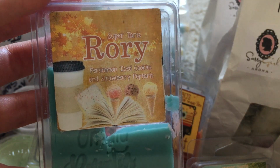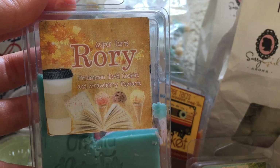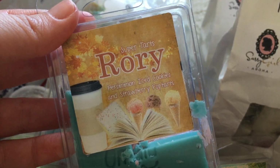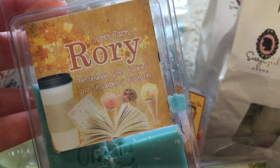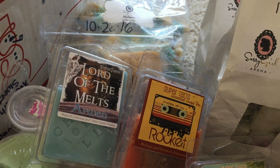Rory. Now, I never thought to buy this. I never thought I would like this, but I got it in a D-stash, and when I melted it, OMG, it was so, so good. You really picked up on the persimmon. Yeah, persimmon, which I had smelled by itself before when I got it as a sample from Candles from the Keeping Room. But mixed with, I think, the strawberry Pop-Tarts,